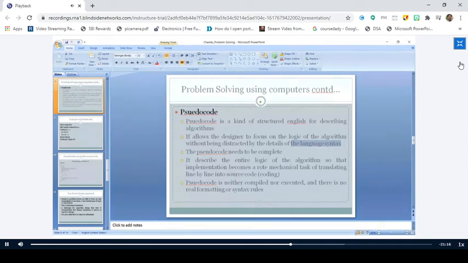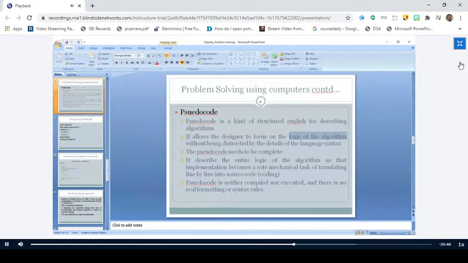So the pseudocode is something that is written in informal English language. When you say informal English language, we are not going to concentrate on the syntaxes. We are not bothered about the syntaxes. So when we are not bothered about the syntaxes, we just concentrate on the logic of the algorithm. So most of the time you spend on writing good logic. When you write good logic, then you get a solution in a quicker manner, right?